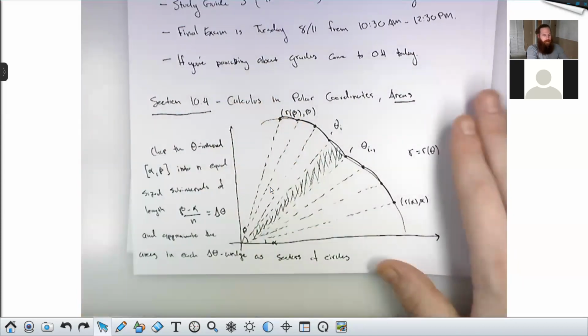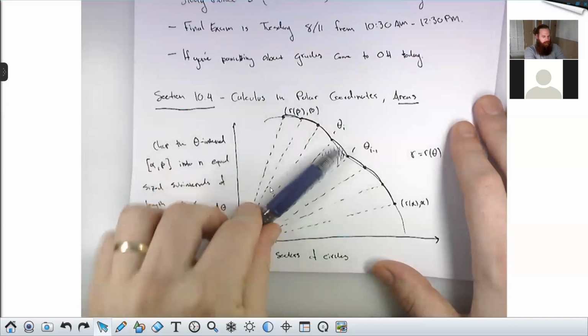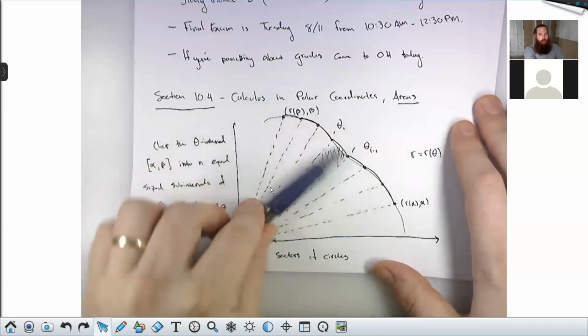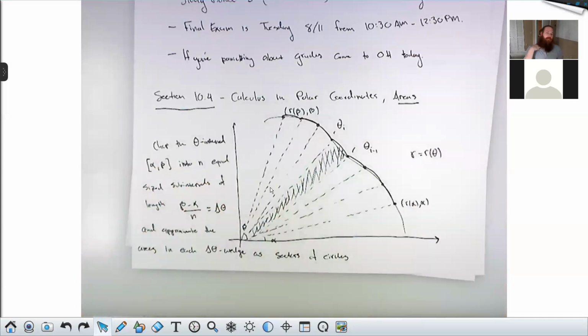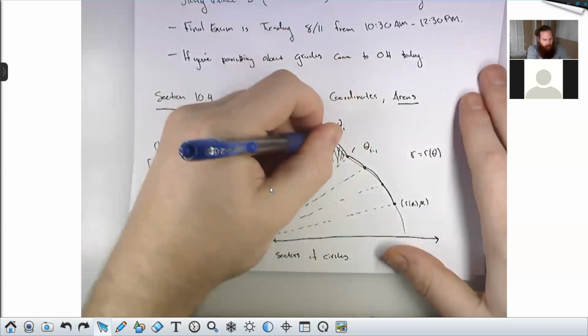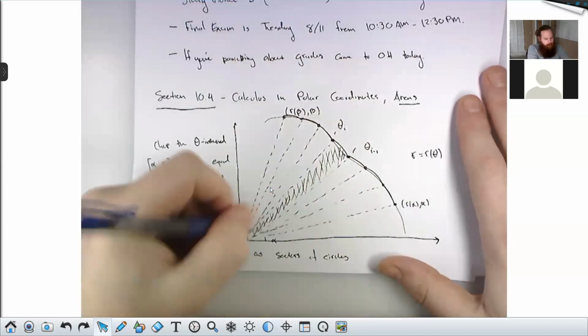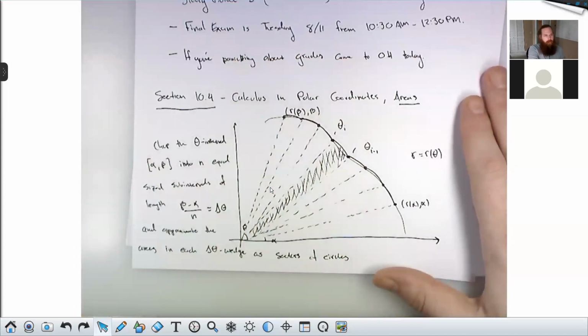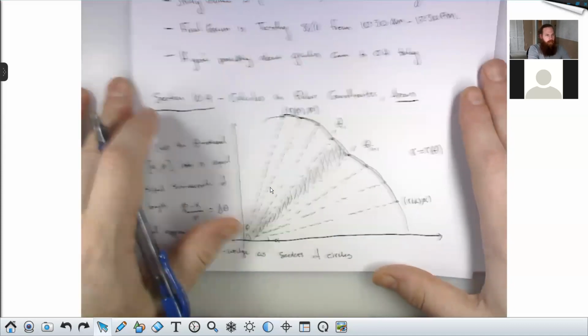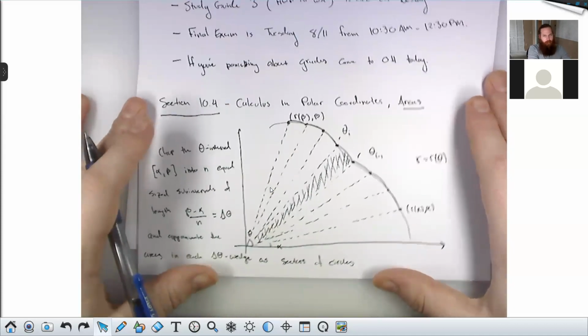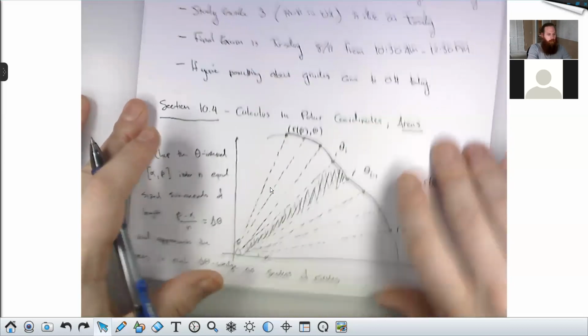So it's like I pretend this is a constant function, just like we do when we use Riemann rectangles. So this point right here is coming from theta i. This point right here is coming from theta i minus 1. So the little angle inside is delta theta. So if you remember how to find the area of a sector of a circle,